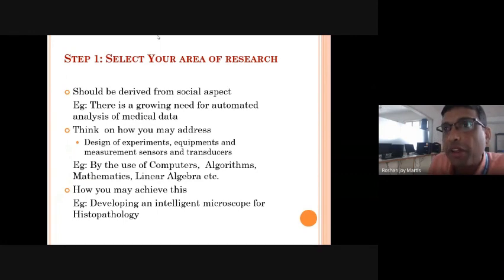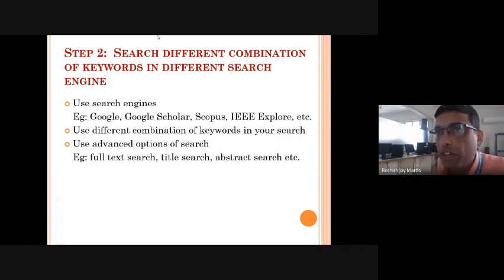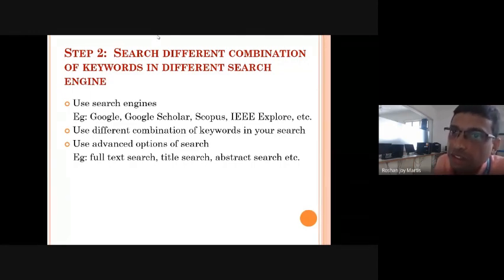Some examples are given. The second step is to search keywords using different search engines. Search engine means the ones like Google or Google Scholar, whichever. You can search in Yahoo also; you search some keywords, and you will get some information wherever available in the world. Examples of search engines are Google, Google Scholar, Scopus, IEEE Xplore, etc. There are many search engines. There are even meta search engines also, which use many search engines in them and can give you the search results.